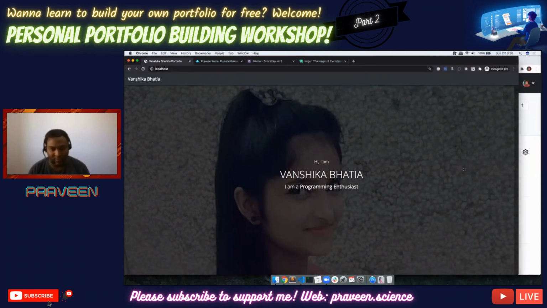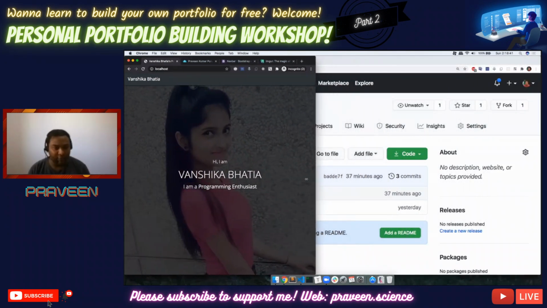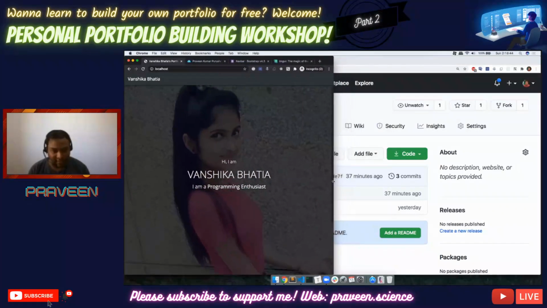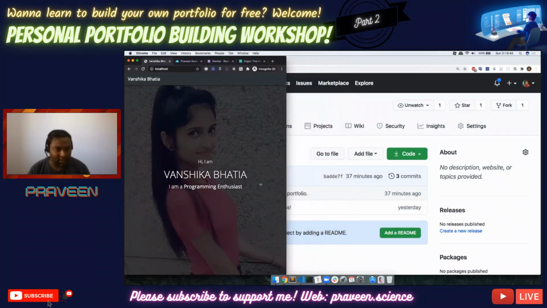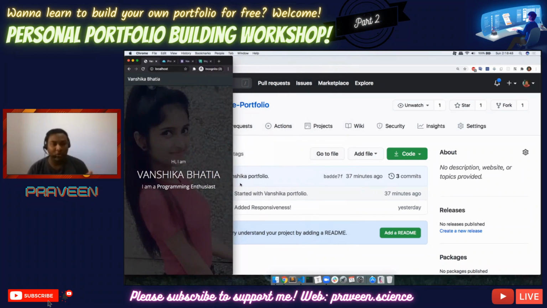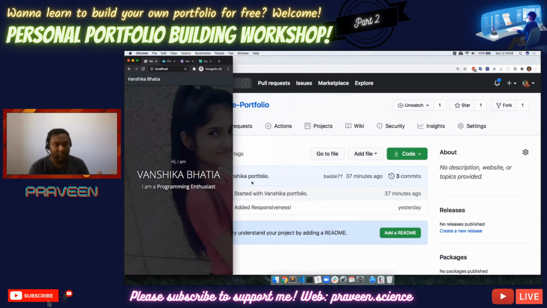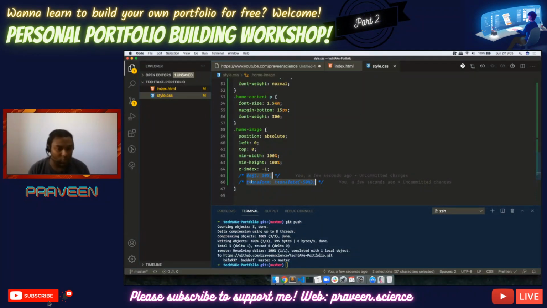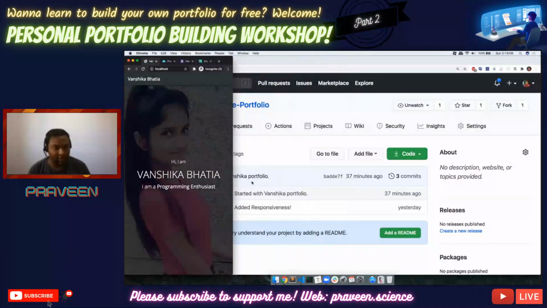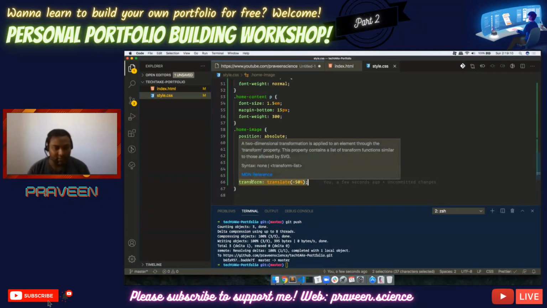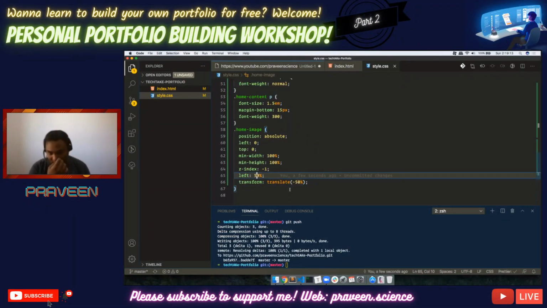Not much difference is coming because the width is not actually affecting until this. But the moment width starts affecting, now you can see her whole face visible. But before that, if these two things are not there, it won't be working. If I refresh this one, it goes slightly off left and off right. So that's what we need to avoid. So for that, we have done something like this.